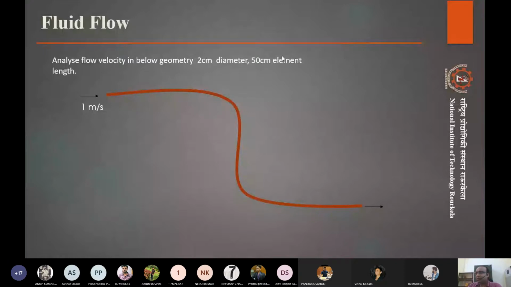And these elements are all 50 centimeters in that way. And we are inputting a 1 meter per second air in. So we'll see how this can be done, what all things will be required, what all parameters will be required, and what all we can get out of this kind of simulation.